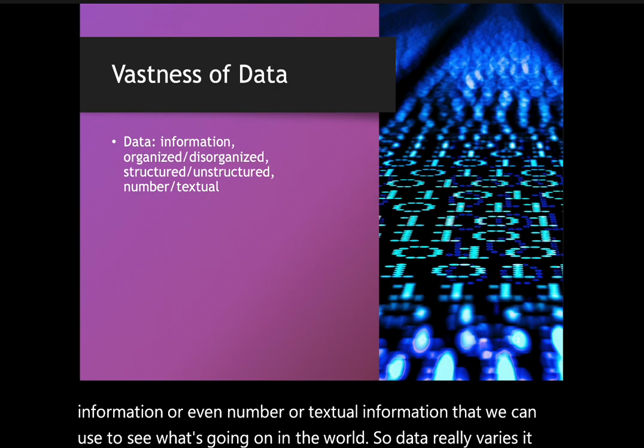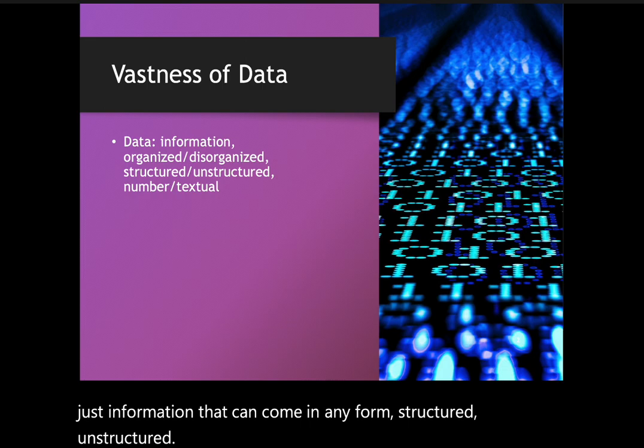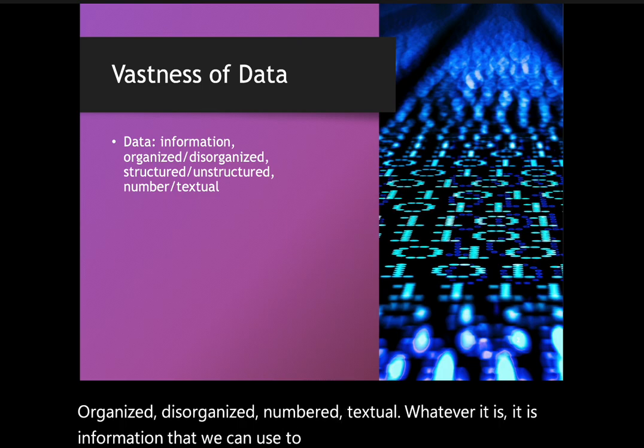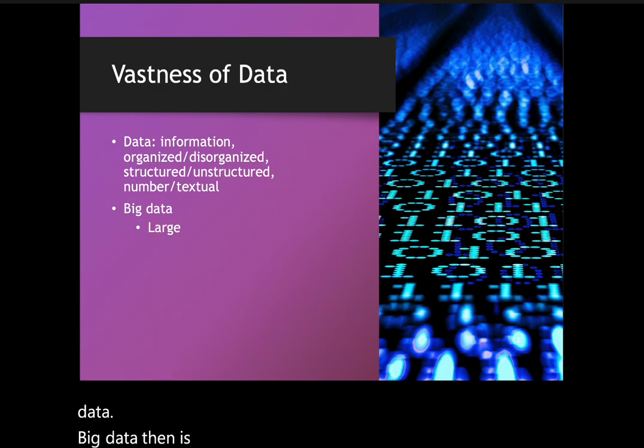It is just information that can come in any form: structured, unstructured, organized, disorganized, numbered, textual, whatever it is, information that we can use to draw conclusions about it. So that's data. Big data then is a large